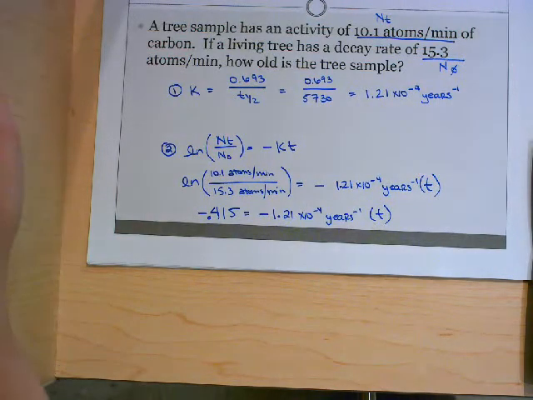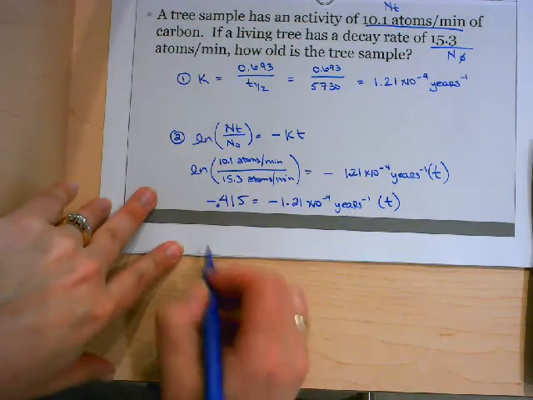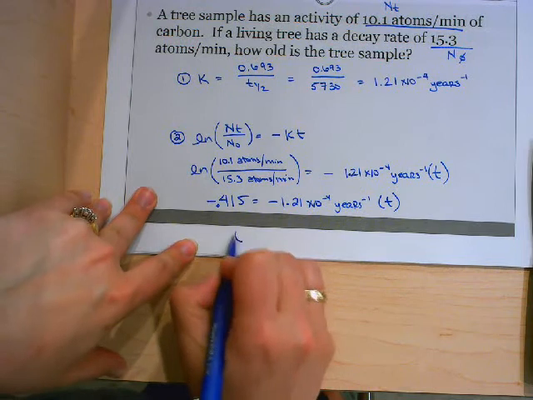Alright, so then how do I get the time by itself? Do I add it? Do I subtract? Okay. Alright, you divide both sides by it, and you should end up with